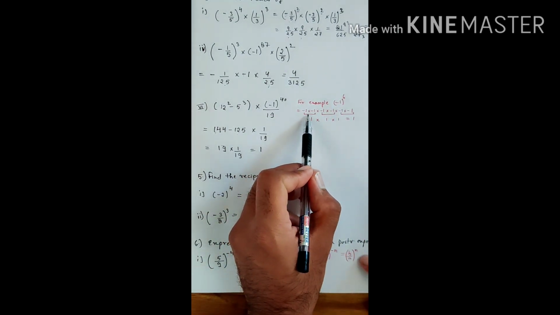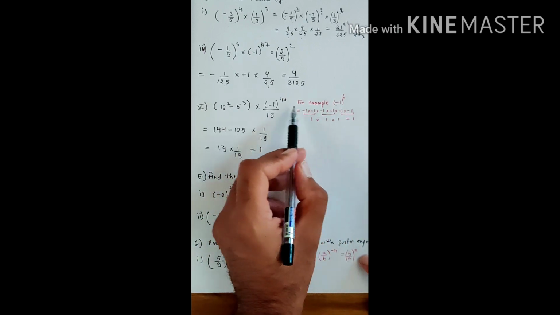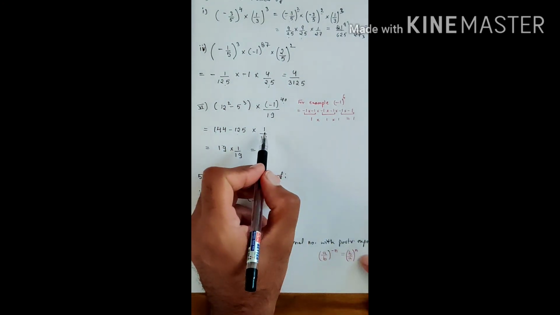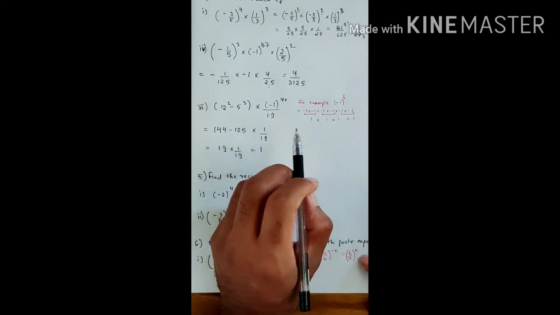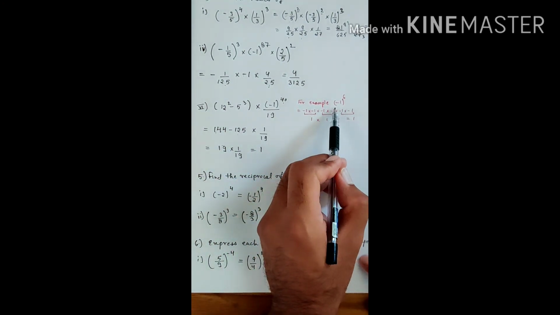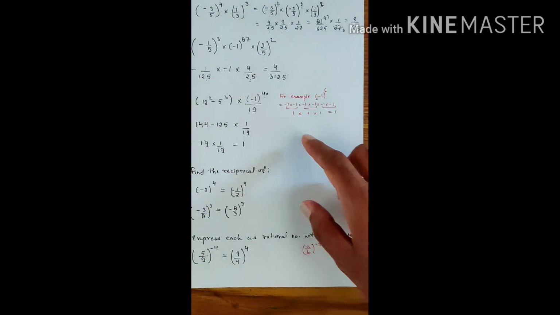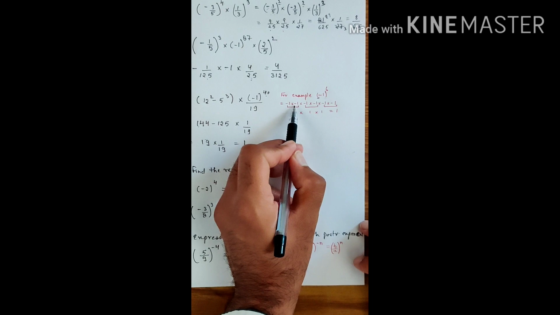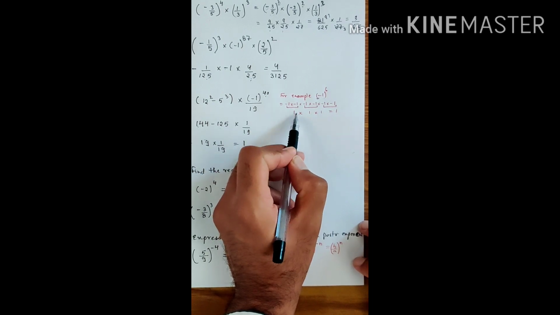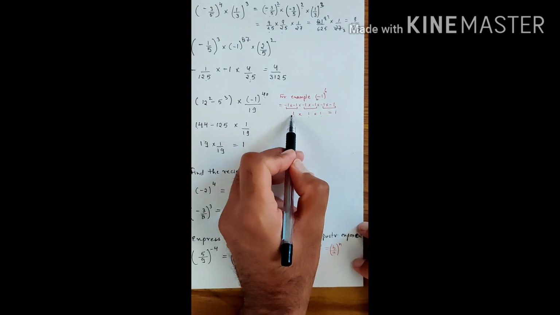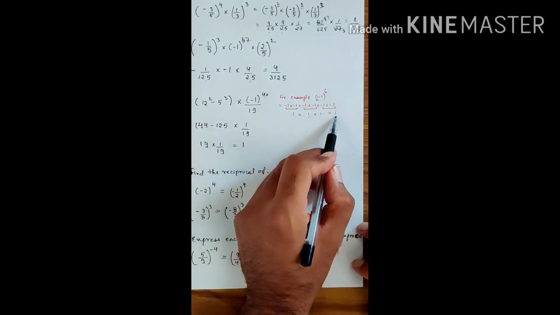What I want to tell you is, if you are having a positive power, your result will always come in positive value. So I have shown it through one example also over here. If we expand this, minus 1 6 times, minus 1 into minus 1 is 1, minus 1 into minus 1 is 1, and again minus 1 into minus 1 is 1. So 1 into 1 is 1 and 1 into 1 is 1.